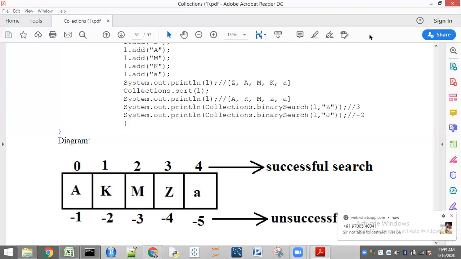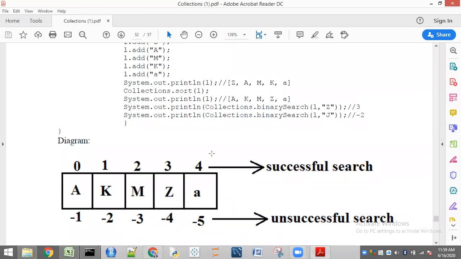Now see here. If you want to search for J here, is it present? No, it is not present. If it is present, where would it be present? Tell me. See here, A is there, K is there, M is there, Z is there, A is there.